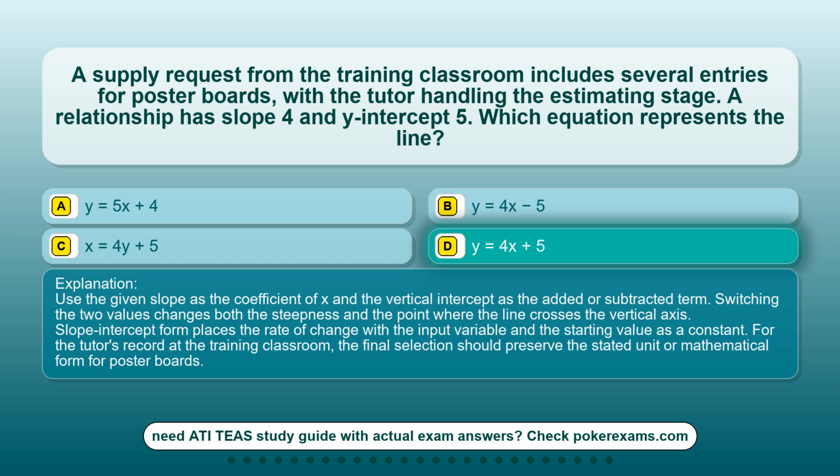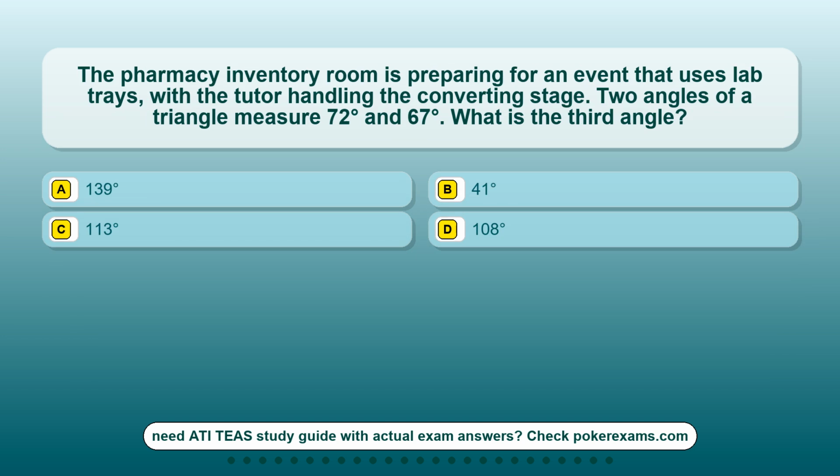Use the given slope as the coefficient of x and the vertical intercept as the added or subtracted term. Switching the two values changes both the steepness and the point where the line crosses the vertical axis. Slope-intercept form places the rate of change with the input variable and the starting value as a constant. For the tutor's record at the training classroom, the final selection should preserve the stated unit or mathematical form for poster boards. Question 13. The pharmacy inventory room is preparing for an event that uses lab trays, with the tutor